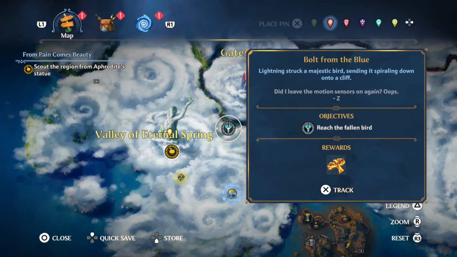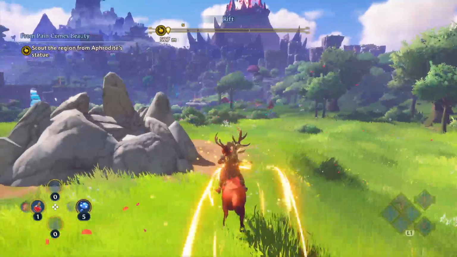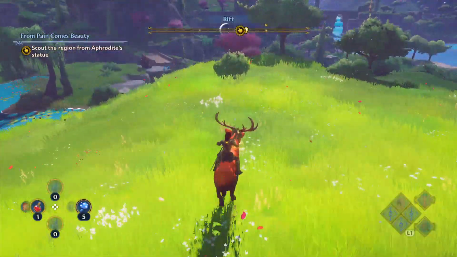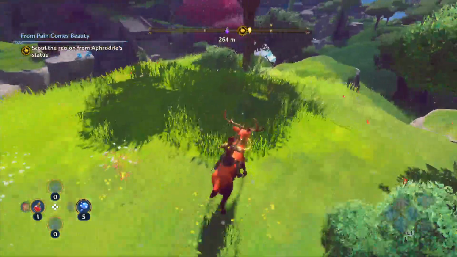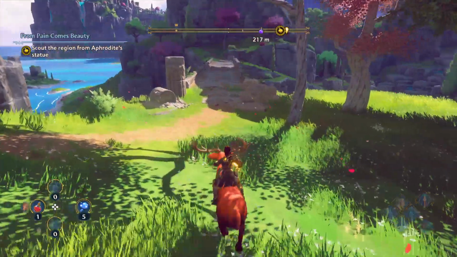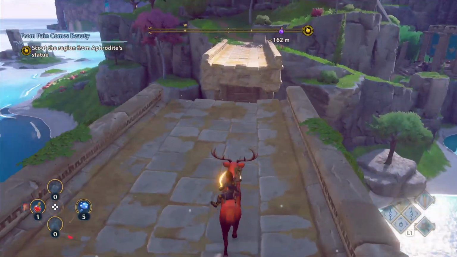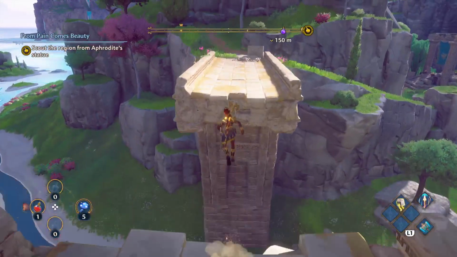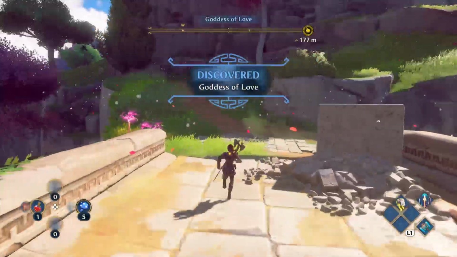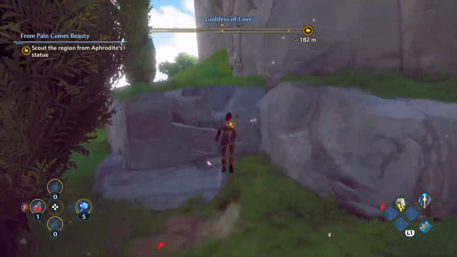Okay, so that fell at the edge of the valley, so first off, we're gonna go ahead and climb up. Open this area up to see things. We do not want to fight any bears right now. I have a very nimble deer. We're gonna go ahead and climb up there, and then we will go and find the thing that fell from the sky. Alright,